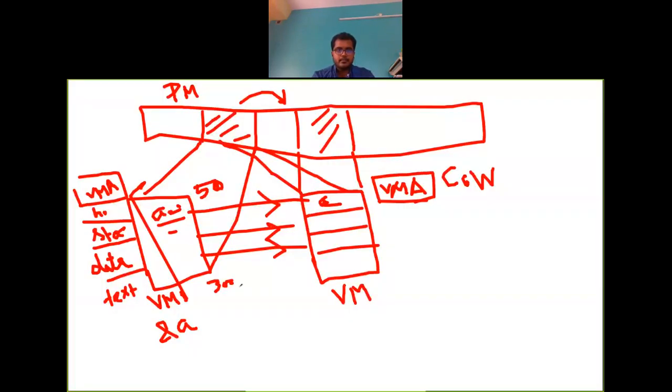The same virtual memory address range from 500 to 3000 will be created for the child process.